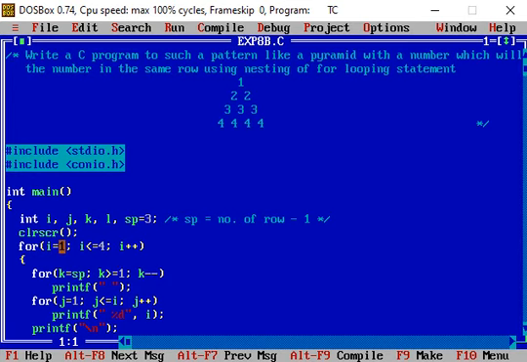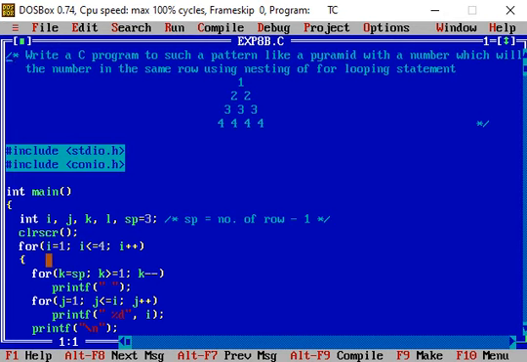Here the initial value of i is 1. So i less than or equal to 4 is true for the 4 values, for 1, 2, 3 and 4. So this outer for loop is for the number of rows that are to be printed. This condition is true for printing the 4 rows.